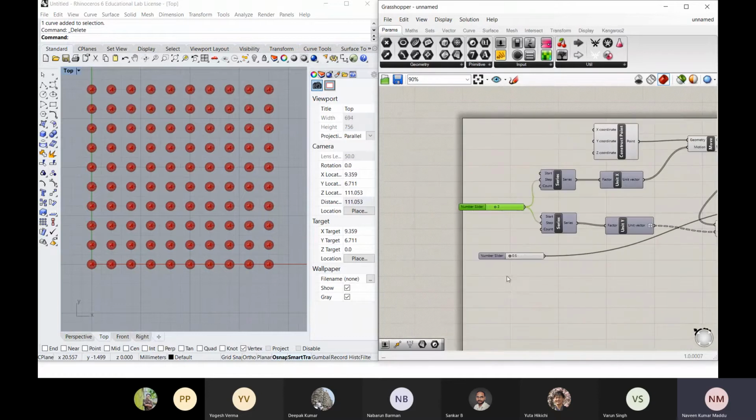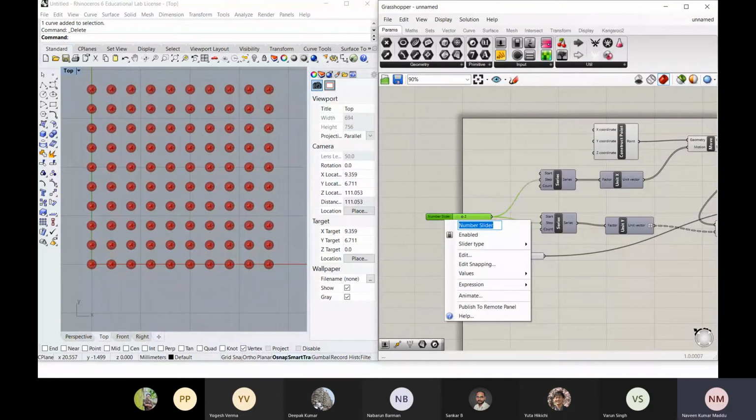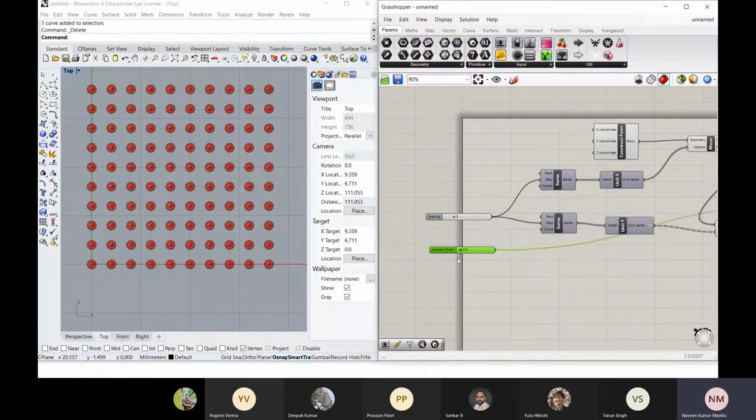One is, okay, this is your control. Let me put this aside. Let us write this: this is the spacing between each sphere, and this is your radius, and this count will be your x direction count, and this will be your y direction count. Let me put that also.